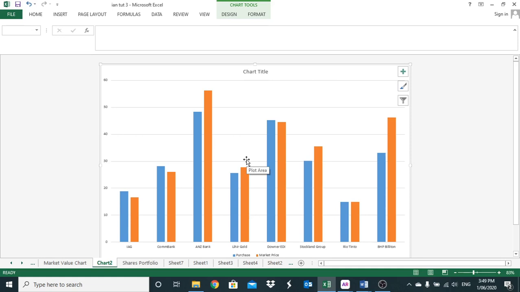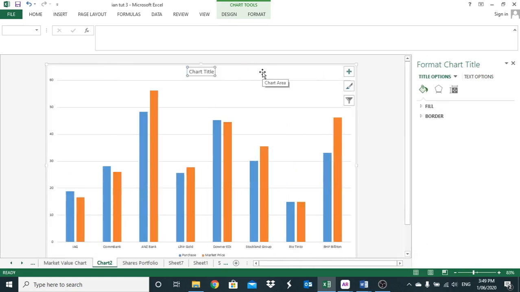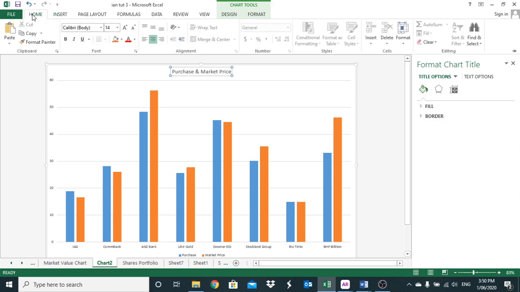Okay, so we want to rename the chart once again. We go over here, chart title, we're going to double click here, and purchase and market price. Chart toolbar, chart type, bar graph, clustered. Okay, we want to change the type of chart. So to do that, we go to chart toolbar. So we're going to go to home and go to design,